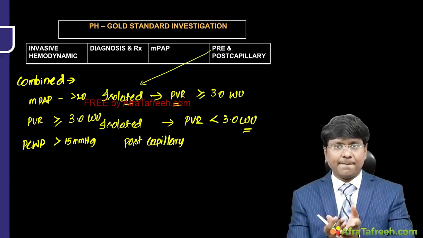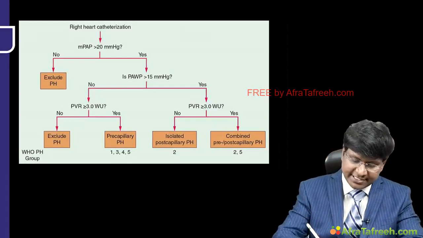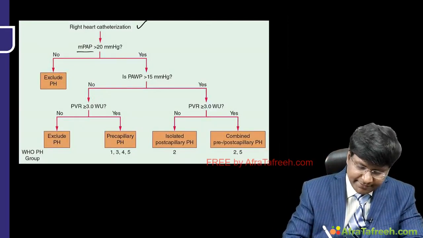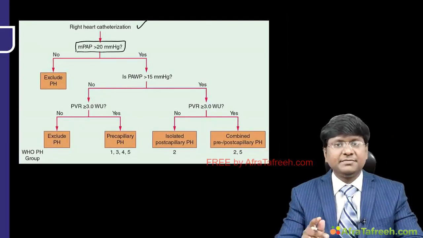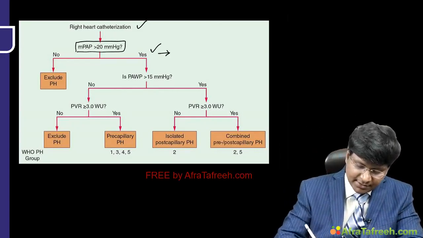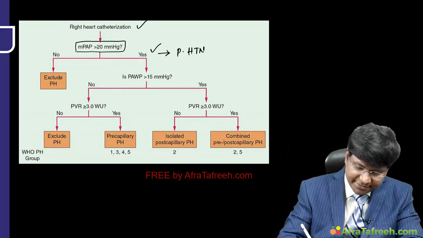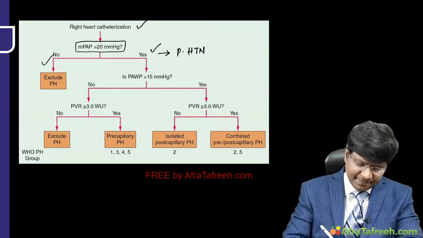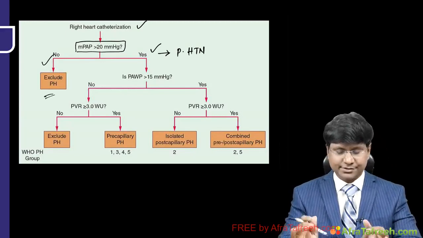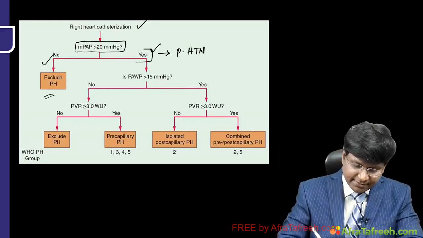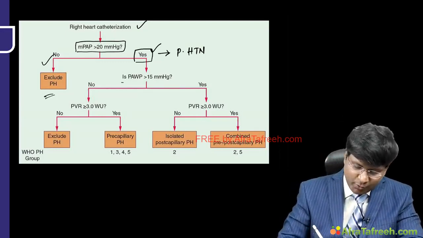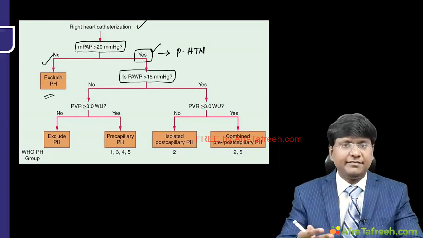Now to summarize everything we have discussed. So the gold standard is what? Right heart catheterization. So in the right heart catheterization, you need to check the mean pulmonary arterial pressure. If the mean pulmonary arterial pressure is more than 20 millimeters of mercury, then it is considered that the patient is having pulmonary hypertension. Okay. And if the mean pulmonary arterial pressure is less than 20, then you need to exclude pulmonary hypertension. Now, once you find that the mean pulmonary arterial pressure is more than 20, then you are considering it as pulmonary hypertension. Immediately what you need to do is check the pulmonary capillary wedge pressure or pulmonary